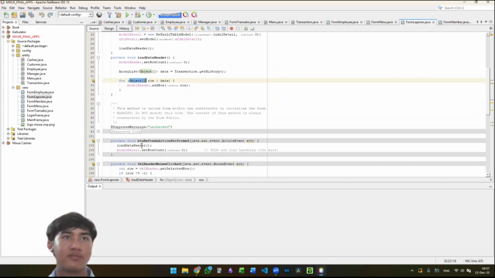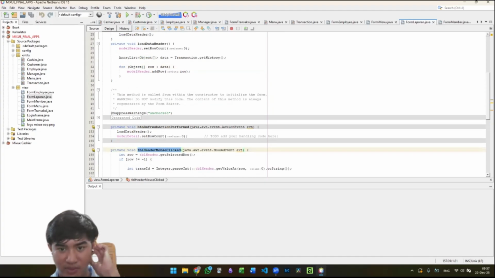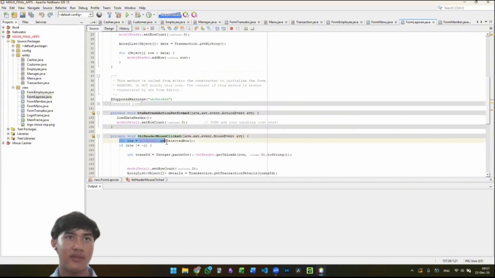Then we have the table header mouse click. So this is where the header and detail tables connect. This line explains, if you click, then it will get the selected row.